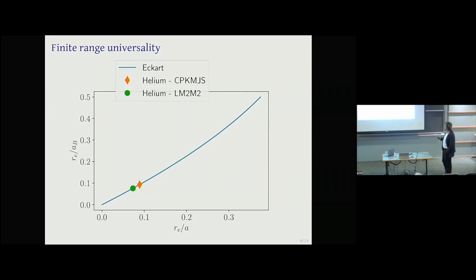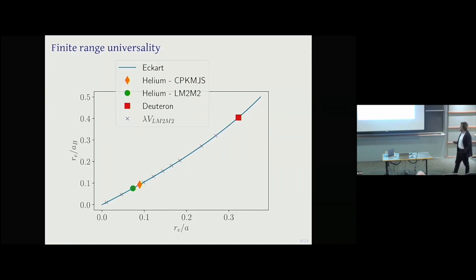You can use another potential. Usually I use this M2 potential, as Bira showed also today, just like experimental data for a theoretical playground. And also it is on top of this curve. There is a small difference between helium described by this potential, and if you change the potential, you just move around this point. You can take also deuteron. You can take the data from deuteron, and still you are on top of this curve.